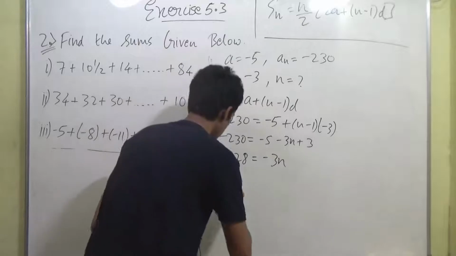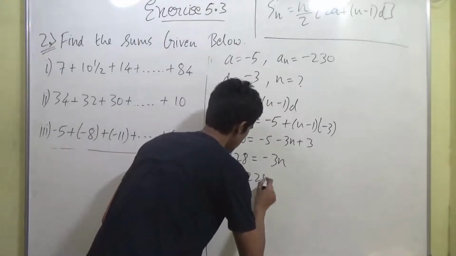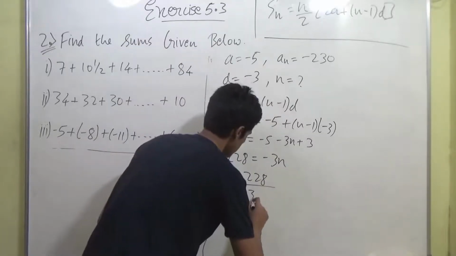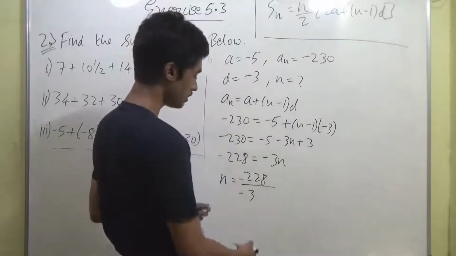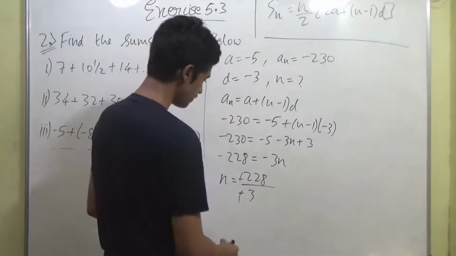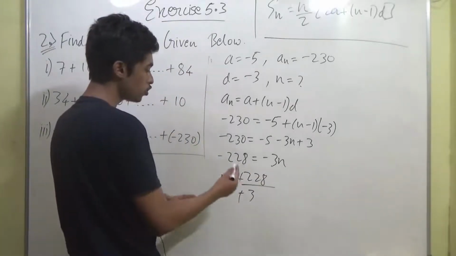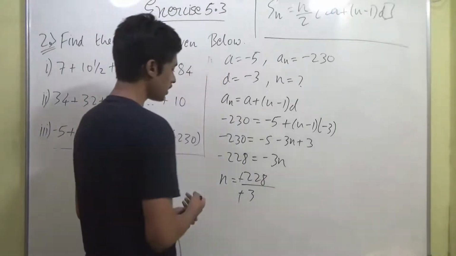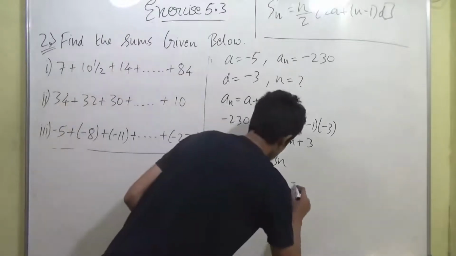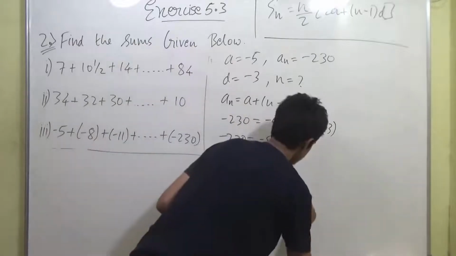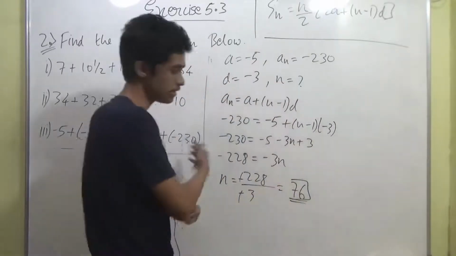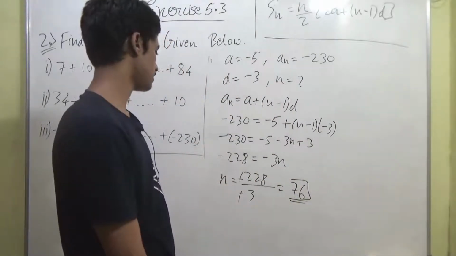Getting it, guys? So n will become equal to minus 228 by minus 3. Because n is here, right? 3 is here. So minus minus will get cancelled. So the value of n is 228 by 3. That is nothing but equal to 76. I did the division, guys. So it is 76,